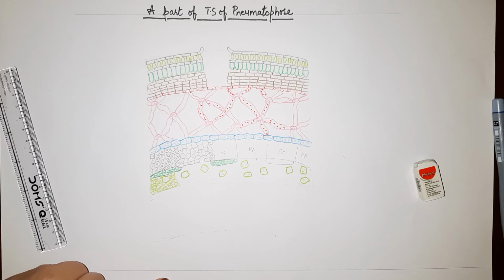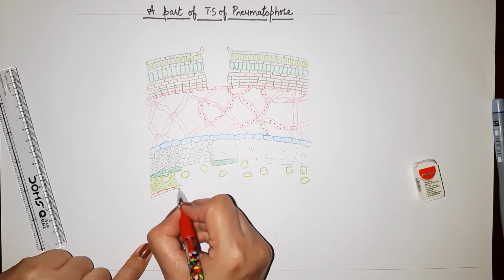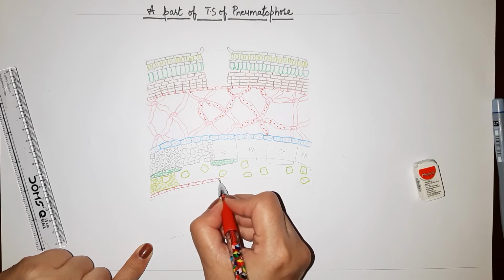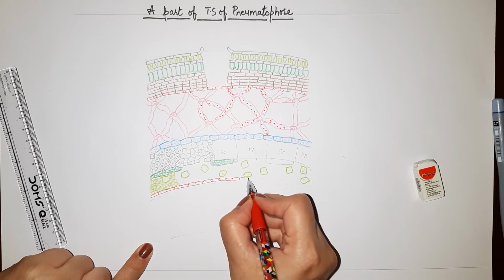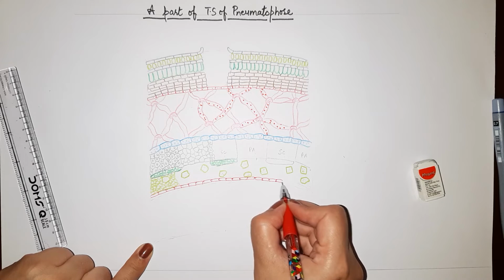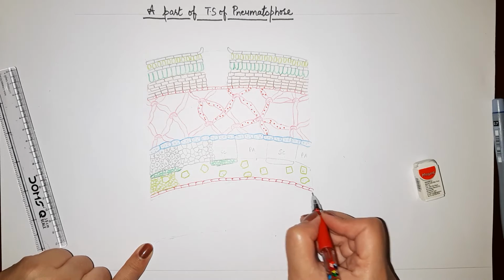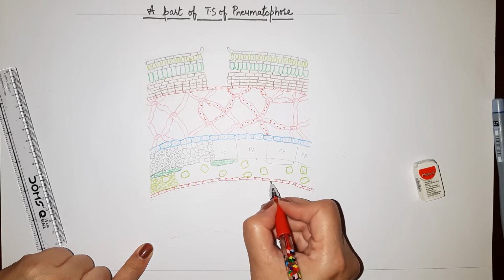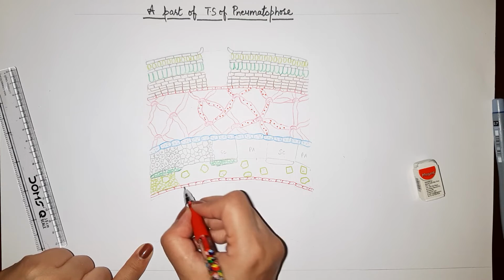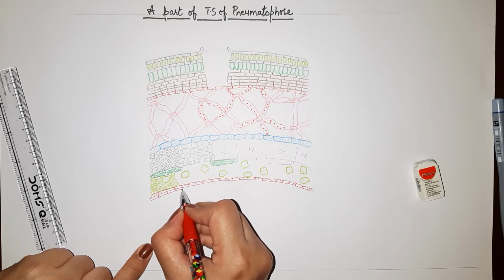Now the next is vascular cambium. So vascular cambium cells are rectangular, 2 to 3 layered. You can show many layered also, but generally while making diagrams we show 2 to 3 layers and a dot to differentiate them. That doesn't mean that only these cells are living, all cells are living. This is just meant for differentiation purposes. And a second layer,